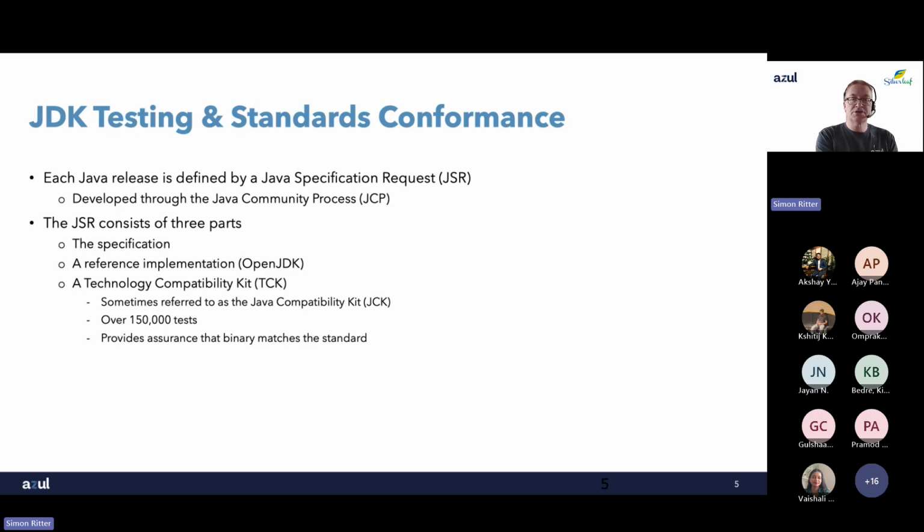And so long as you pass every single one of those tests, you can say to somebody, I have provided a distribution of Java that you can run your applications on. As you can see here, depending on which version you have, this can be up to 150,000 tests. That gives you a very, very high level of confidence that